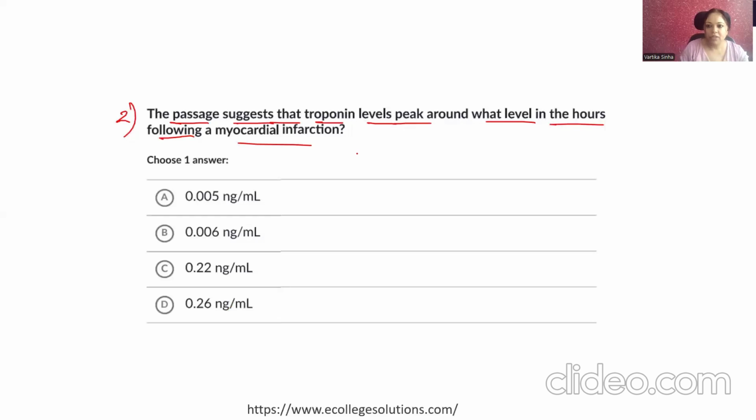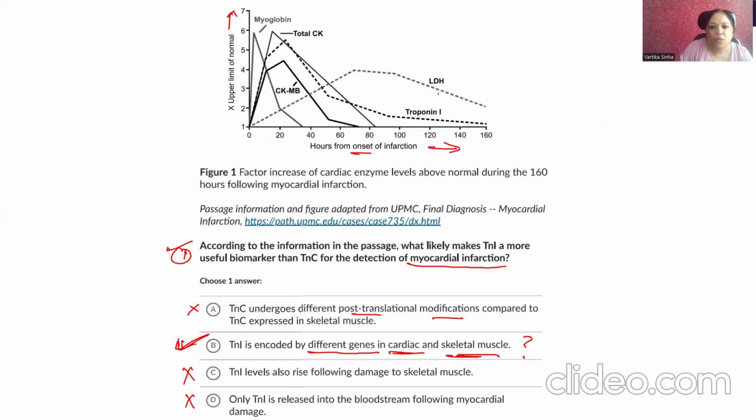Now, again, going back to the question: the passage suggests that troponin levels peak around what levels in the hours following myocardial infarction. So for this particular question, you need to think about the troponin, right? If you look for troponin, it is this one, right? This one. So the dark dotted line, there are two dotted lines, one for LDH and one for troponin I. You are concerned with this dotted line and try to find the peak, right? I think this is the peak, okay? This is the peak of the troponin. So when you